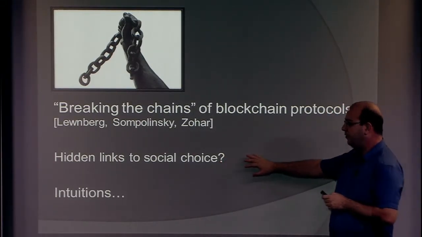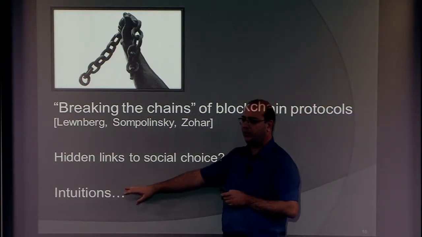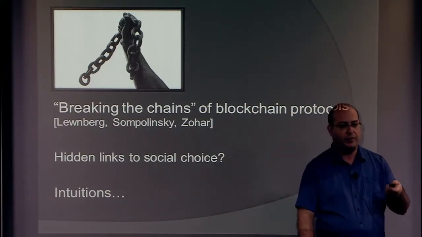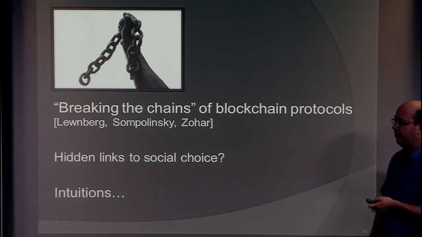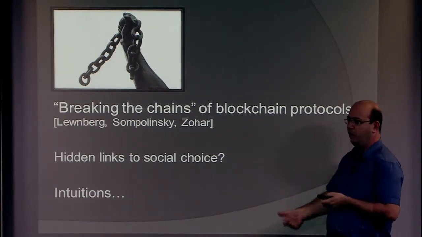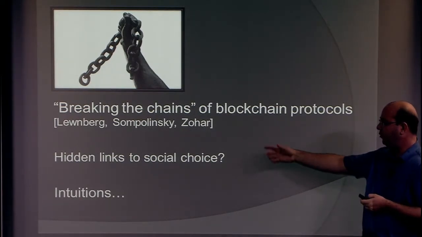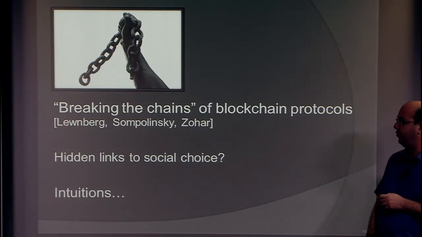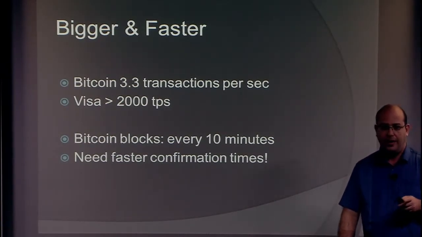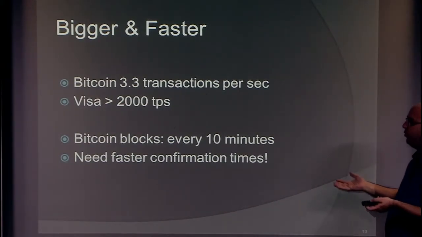And at this point, this is just intuitions. I want to show you these intuitions and how they help us build better protocols in Bitcoin. Okay, so what we're trying to do is get rid of the longest chain rule and replace it with something better. And the intuitions to how to do this, I think, come from social choice. So I'll quickly explain what's wrong with the current protocol.